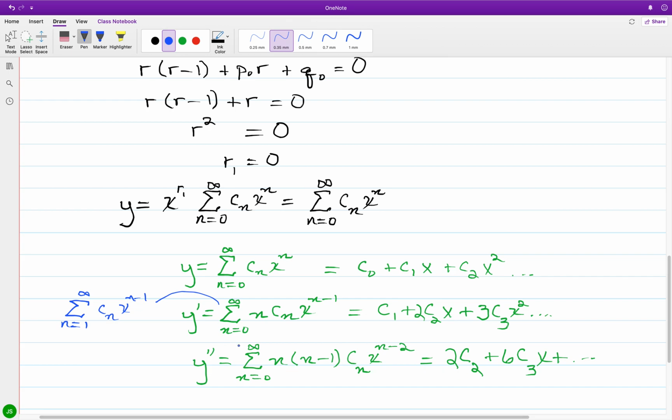And likewise, since we're starting out at 2, this can also be expressed as n goes from 2 to infinity of n times the quantity of n minus 1 times c of n times x to the n minus 2. All right, and now going back to the original equation,